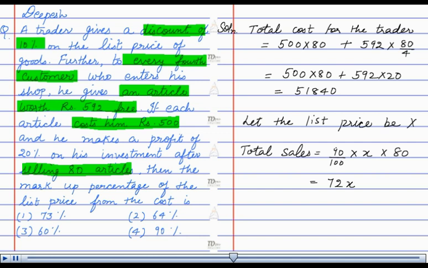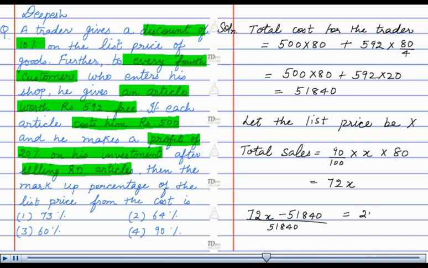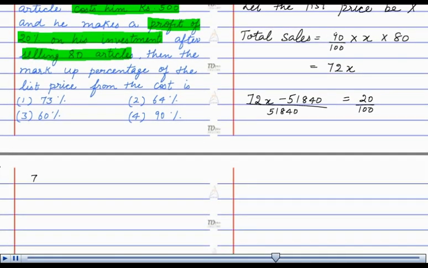Also, since he is making a profit of 20% on his investment, we can get sales minus cost price upon the cost price is equal to 20 upon 100, which gives 72x minus 51,840 upon 51,840 is equal to 1 by 5, which gives 360x minus